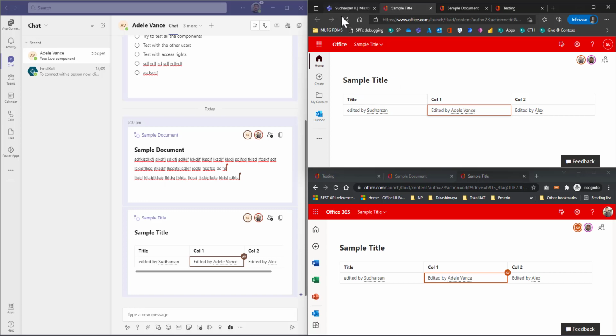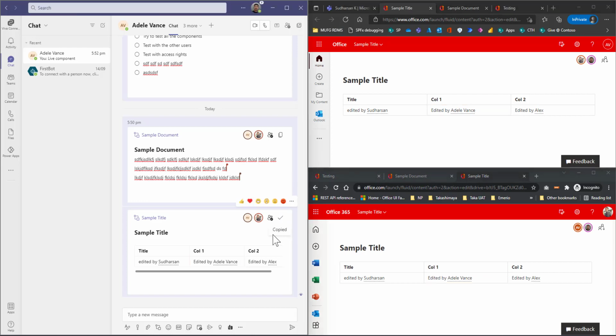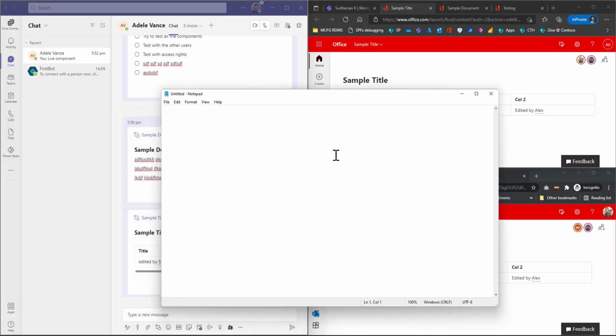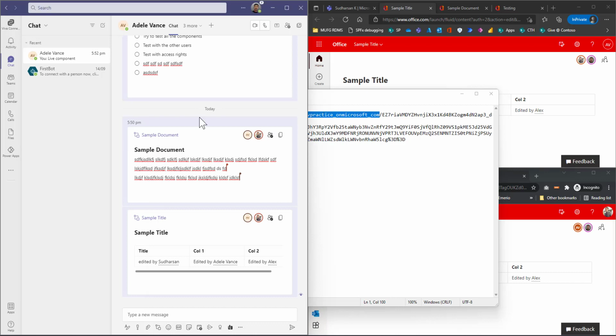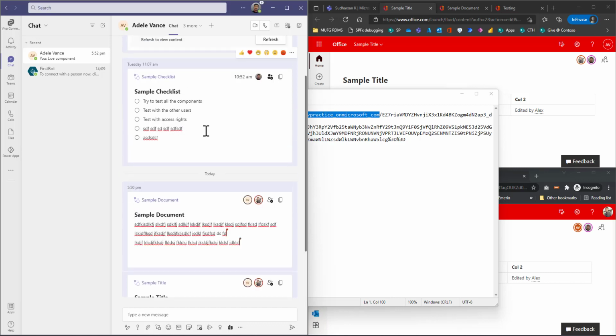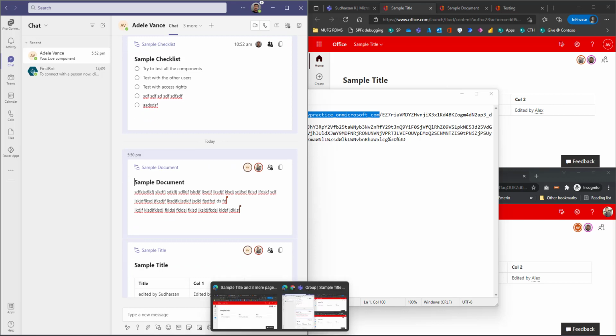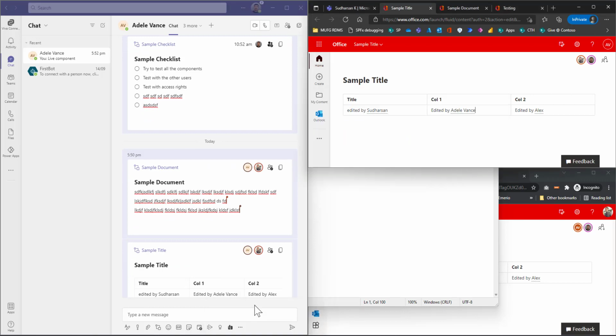So for example, when I copy the live component link, let me put it in a notepad, and you can see it is just accessing from my personal files, and each file will be stored based on each component. Let me access that file and then I'll show you.